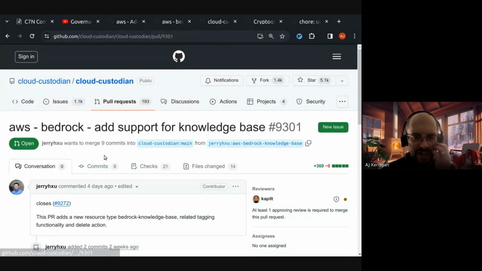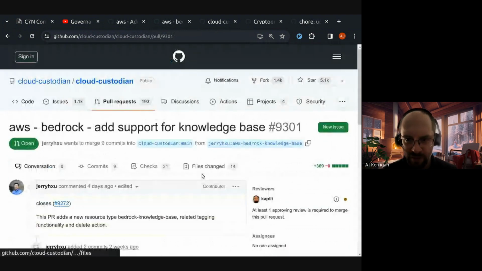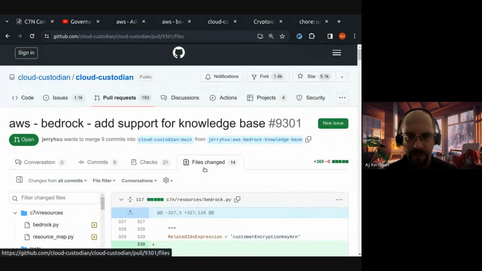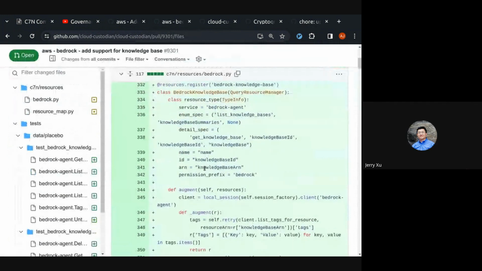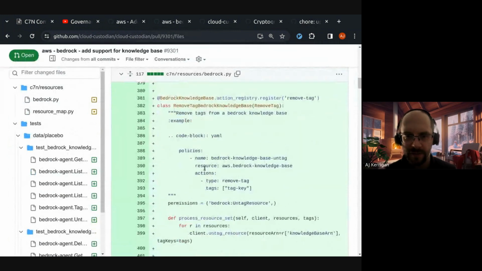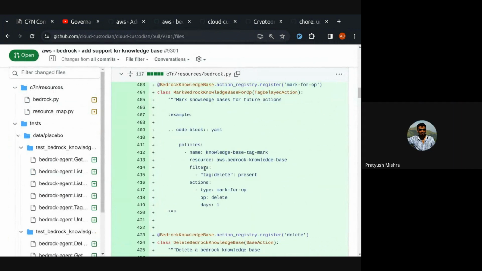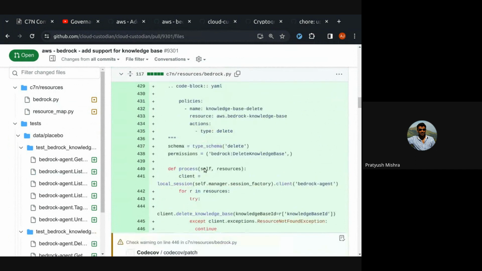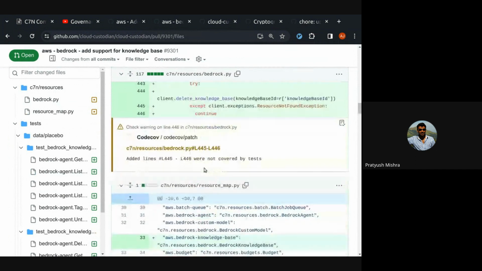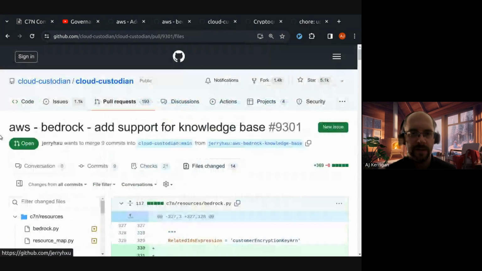Jerry, from your side, at a glance this looks pretty straightforward. You're adding a resource and some base actions to it. I know we've had some other Bedrock stuff going on, so thanks everyone for working on that. I was trying to test it out, but I couldn't get to it fully. Okay, that's cool, thanks for that one.